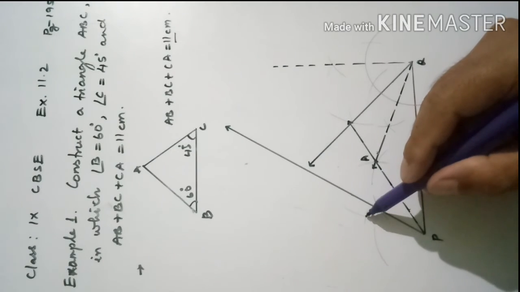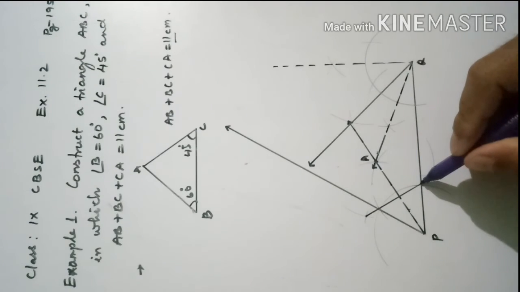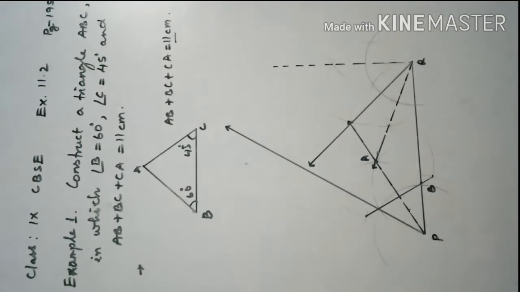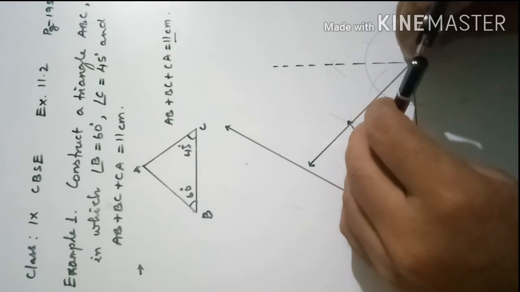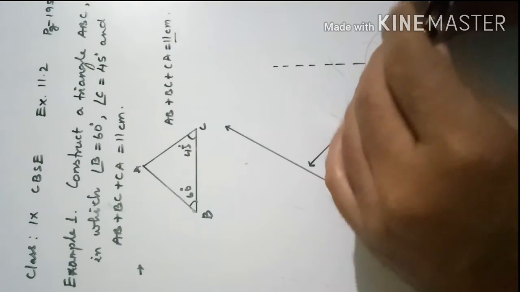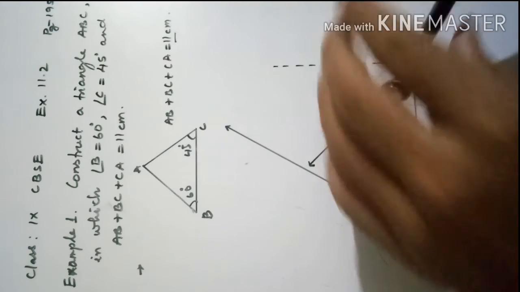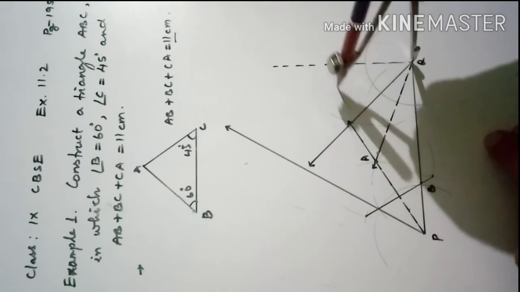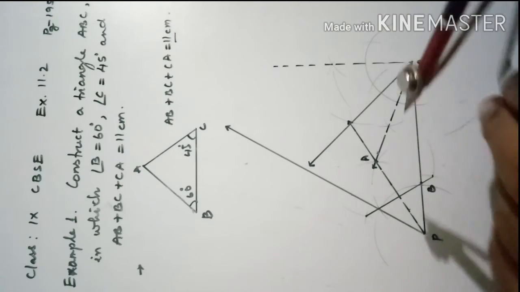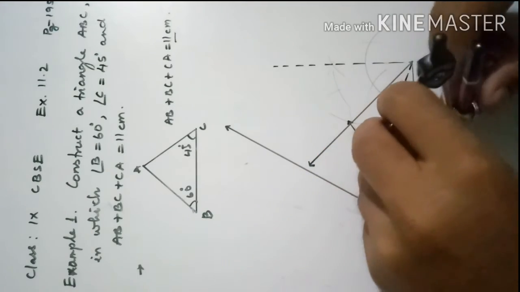Okay. While drawing this perpendicular bisector, the perpendicular bisector and the PQ meeting at one point, that one you give as B. Okay. Then again you have to draw the perpendicular bisector of AQ. Take more than half. The line should come in the center now. I took more than half. Draw one arc here. Here also draw one arc. Then similarly from A, draw one arc. Here also draw one arc.